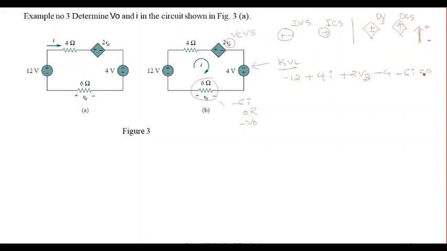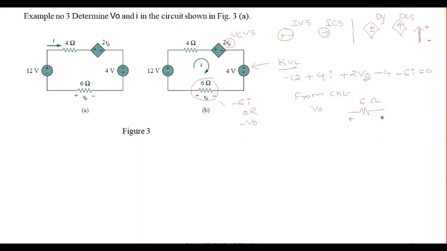We can replace V0 with different values. So how to differentiate with the V0? I have to define V0 from the circuit. What is V0? V0 is the voltage drop across the 6 ohm resistor. So if you consider this 6 ohm resistor,